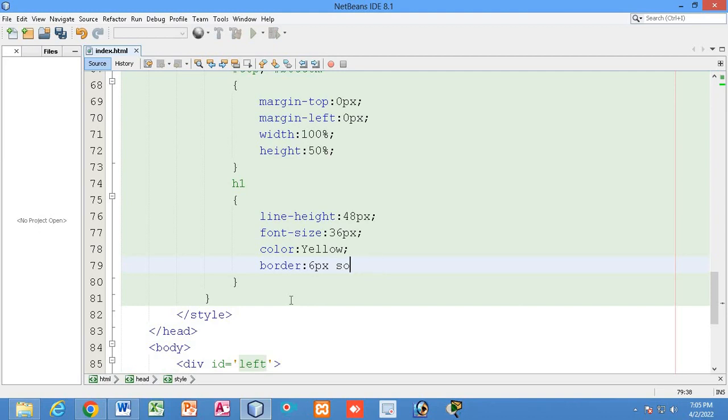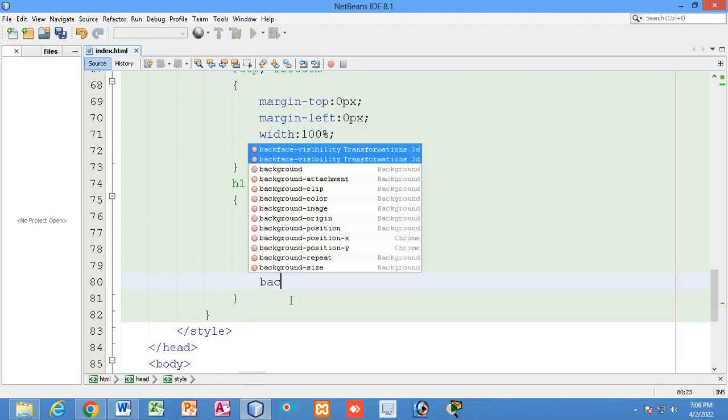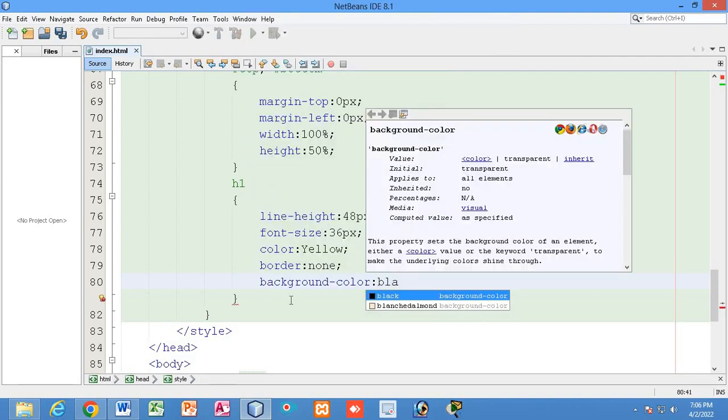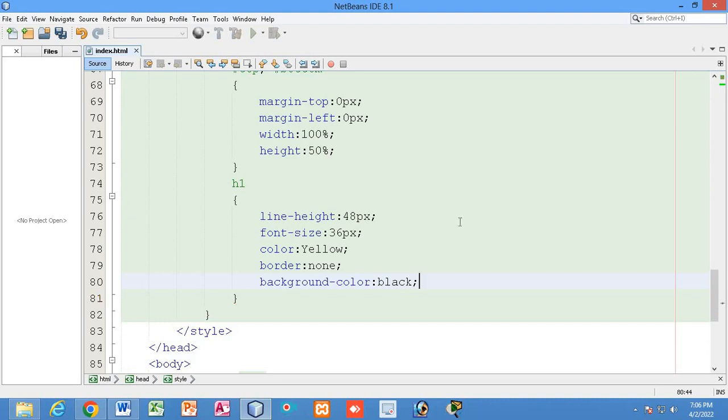Border will be none, no border. I will remove the border. None border, right? And background color will be black. So you can see,